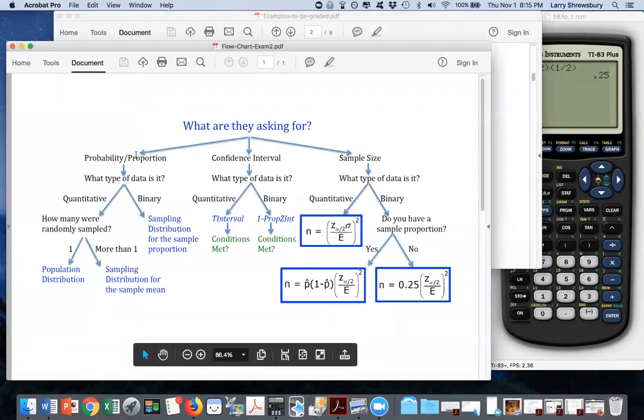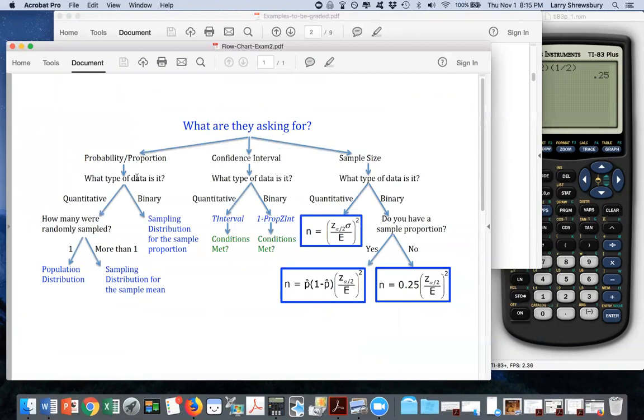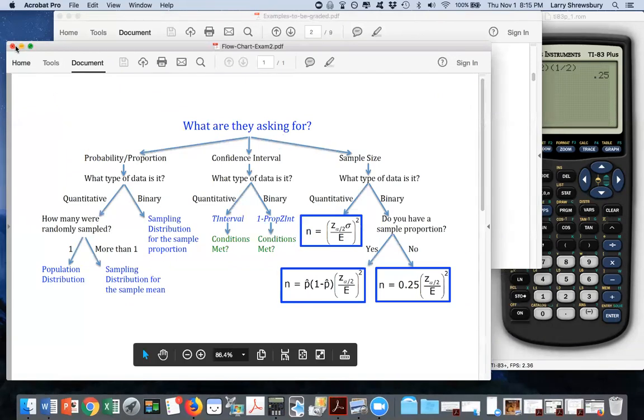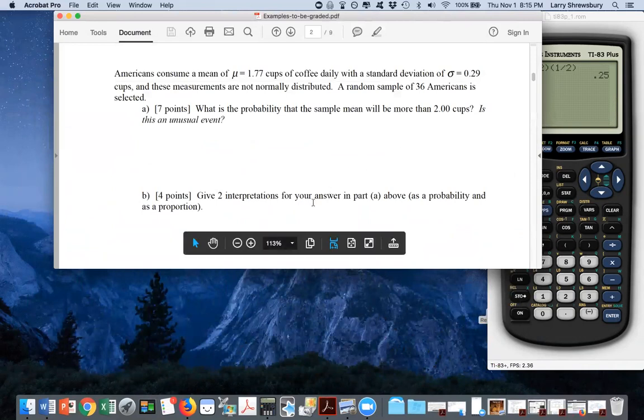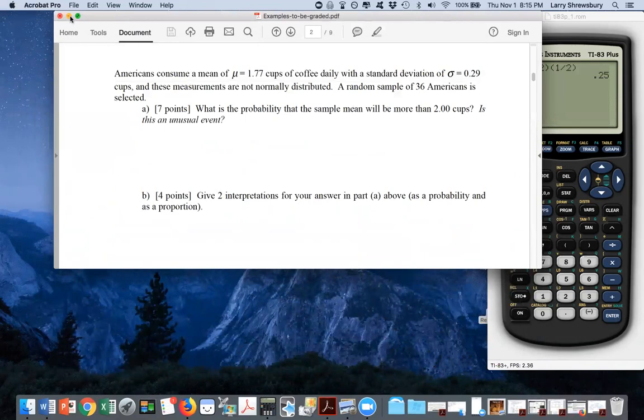It was a probability. What type of data is it? Well, we're measuring how much coffee they're drinking here. That's quantitative. How many were sampled? It was more than one. So you know it's a sampling distribution for the sample mean. You know exactly. Also, hopefully it's obvious: probability the sample mean will be in the interval. All right, so this is like what you were doing in chapter 8.1. And then be able to interpret it. All right? So I'm going to go ahead and we're going to take a look